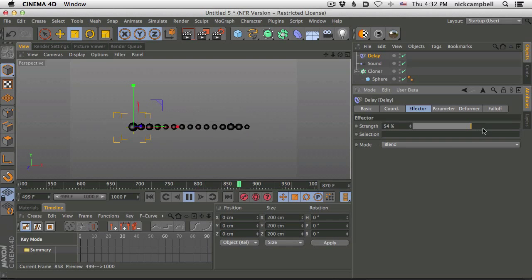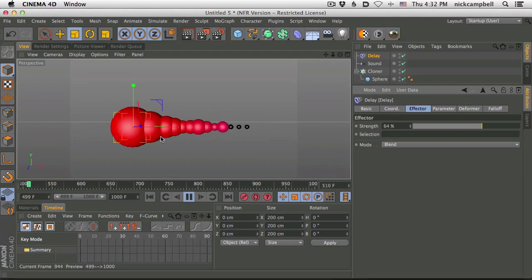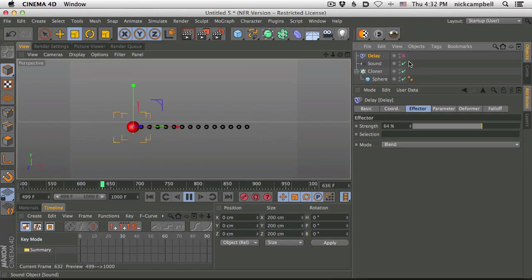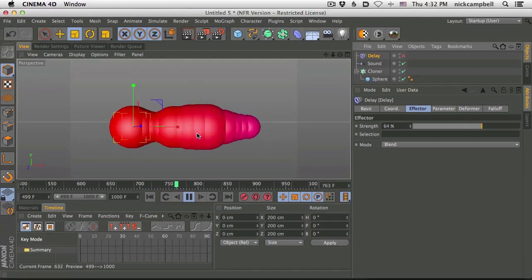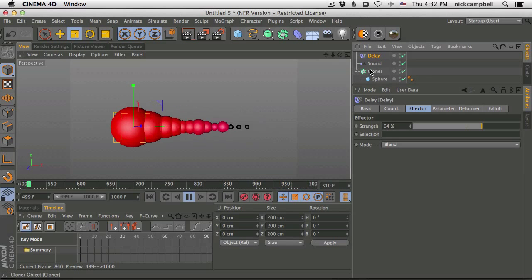But the delay effector helped with the size and scale of this. So I ended up somewhere around 60-70%. You can see what it's doing now as it just fades off, and it's not as drastic. If I turn off the delay effector, you can see it's really blinky. See that? It's kind of ones and zeros, and it really rumbles around. It moves a lot. This delay effector just smooths it out. And this ends up working really nice, especially when we add the dynamics.